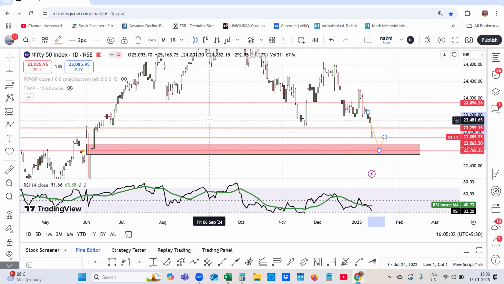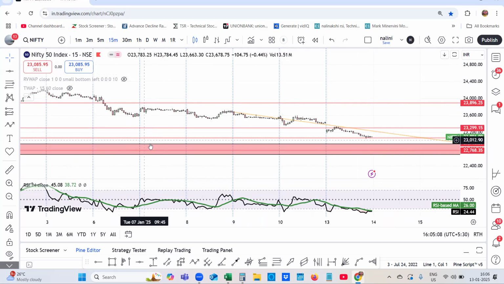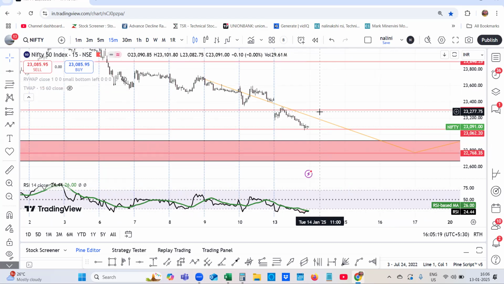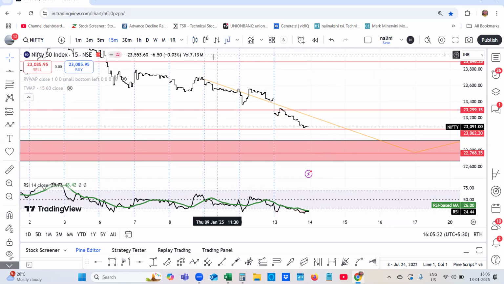That is a different question. That is a different analysis. This is how you can take trade with the help of RSI, TWAP, rolling VWAP, everything. You can make a very good decision and you need to master the step line chart also. Step line will clearly tell you what you need to do, because it will be moving very fast, you will get confused unless you are oriented to this step line chart,